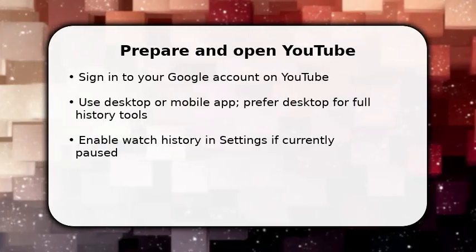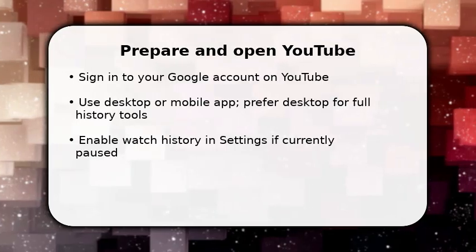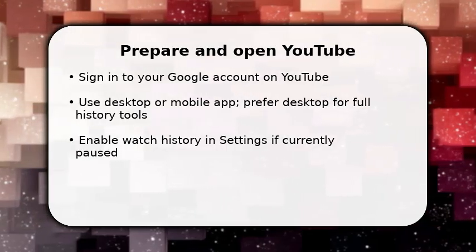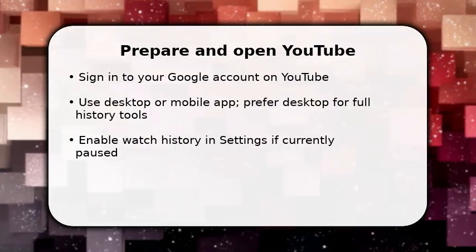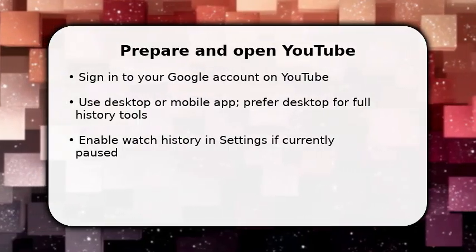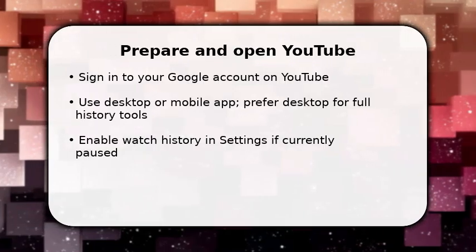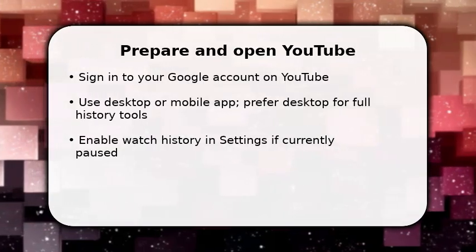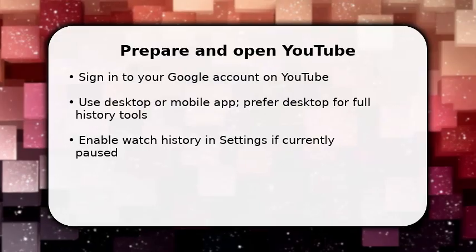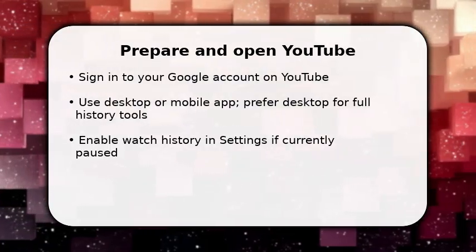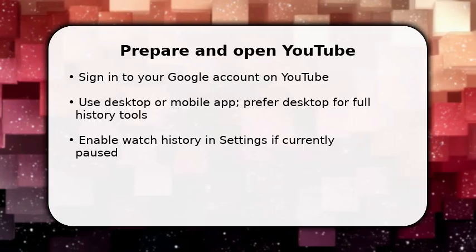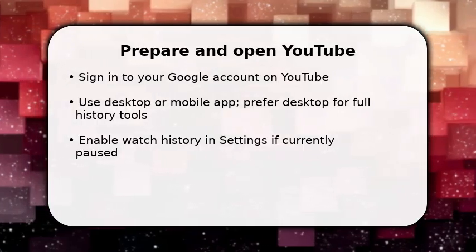You start by signing into the Google account tied to your viewing. Open YouTube on desktop or the app and verify watch history is enabled in settings. Otherwise, enable it now so data records. Next, click your avatar and choose your data in YouTube, or go to History from the left menu to jump directly into past activity. You do this because logged, enabled history gives you searchable, time-stamped records to filter and recover